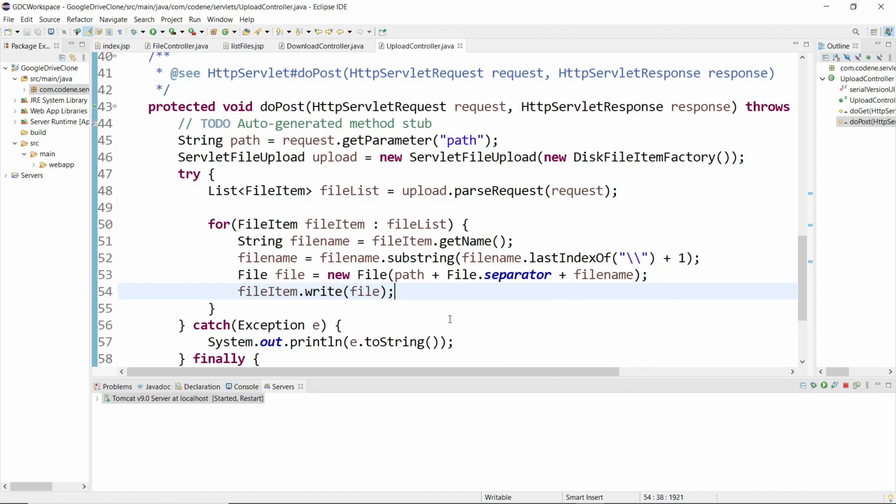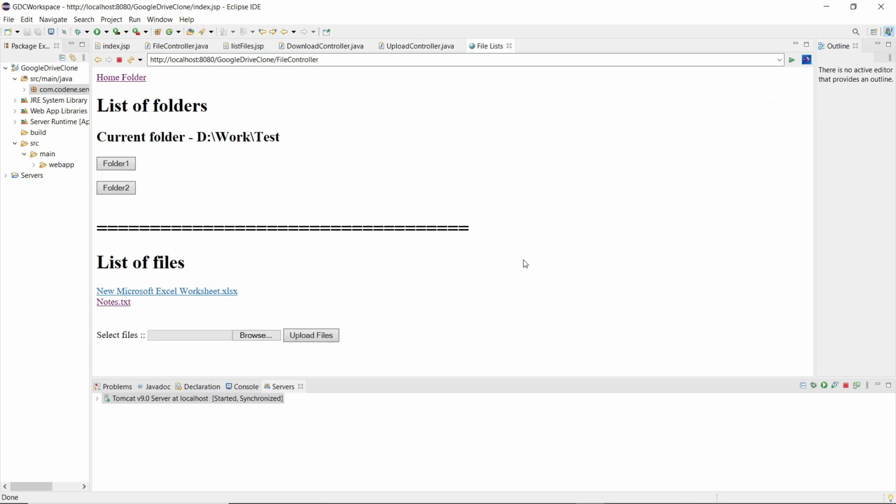Okay, so now we will use the file item from the client side to write into our file. Okay, that's it, that is the code. Now let's run and check. So here you see